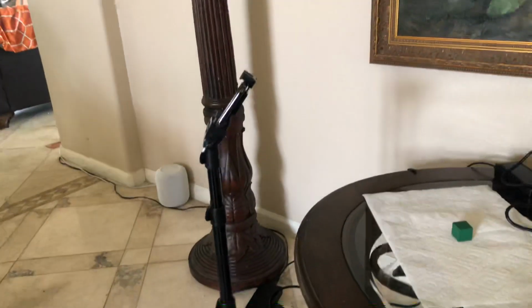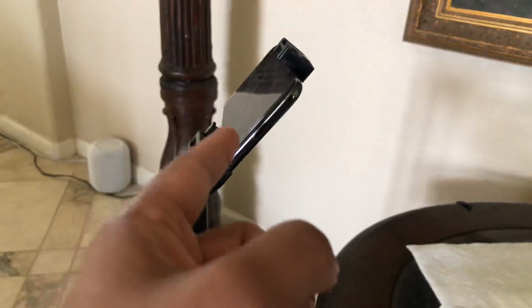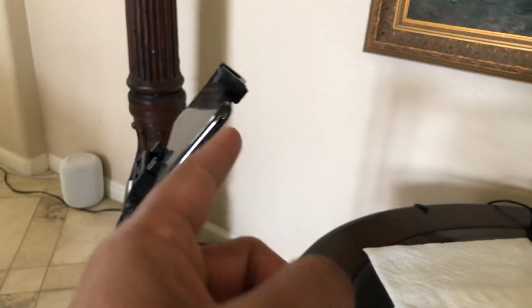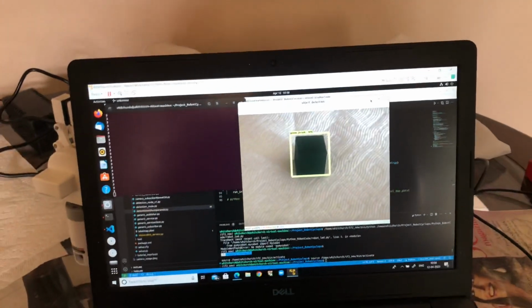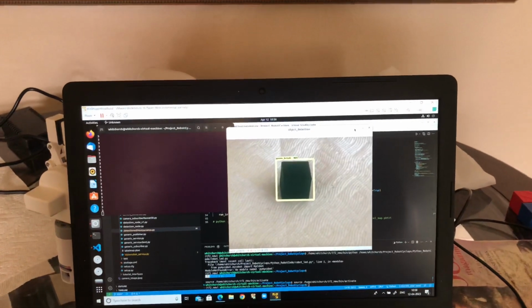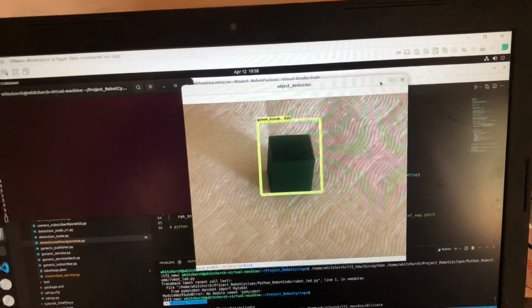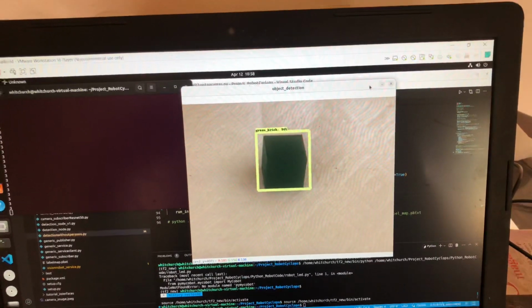So here is the setup. Here I've got my camera. One of my cameras is going to observe this green block, and it's going to stream that information to the Python script. In the Python script I'm running a machine learning pipeline which uses object detection,